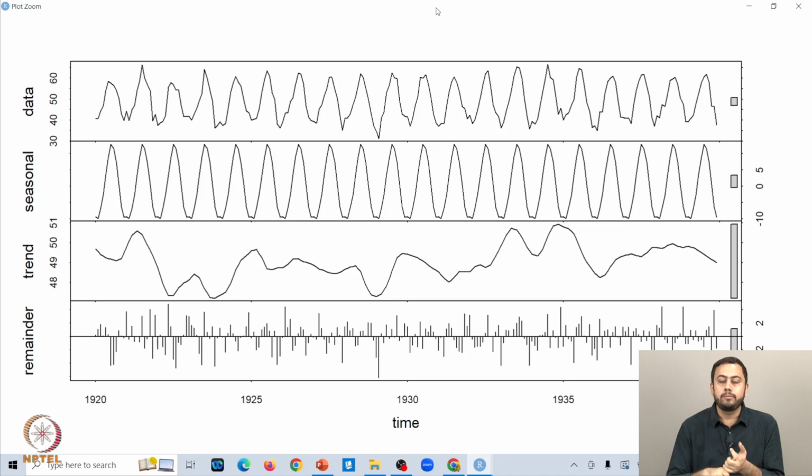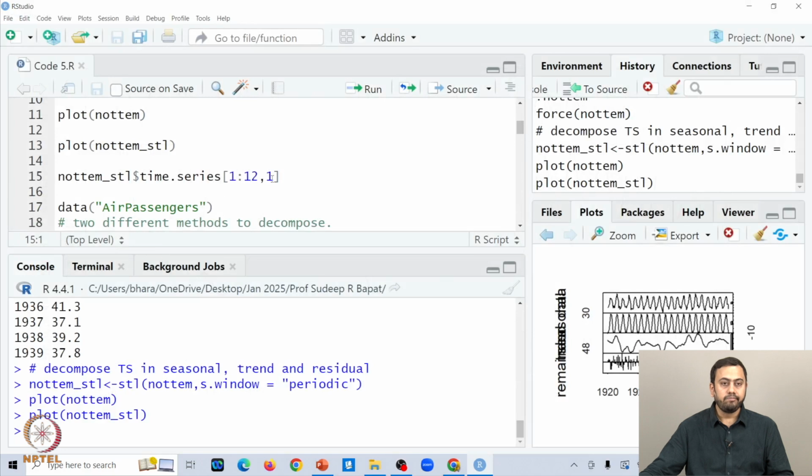So let's say time series decomposition, some initial plots of the data, so let's say a scatter plot. All these are starting points if you want to analyze a practical data set, and then eventually the last step would be forecasting, of course. Okay, so we'll close this now and then go back to the code.